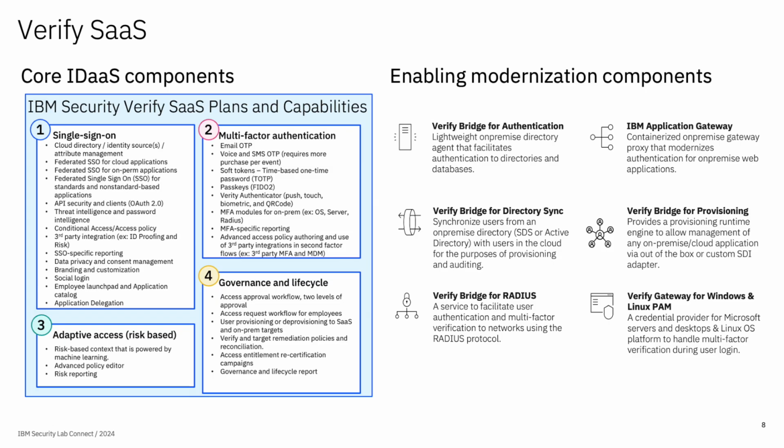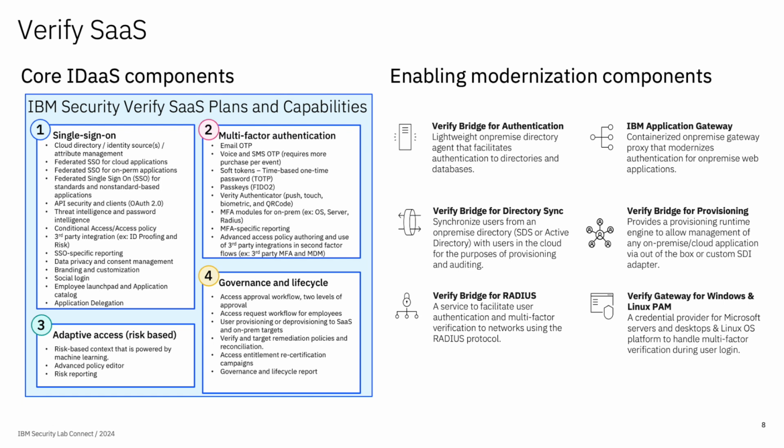Looking at the core components of identity as a service, as we already covered the single sign-on, multi-factor authentication, adaptive risk, and governance and lifecycle. So this slide covers the detailed features of the same. The key components on the right-hand side are components which help in enabling the modernization, which are handy for hybrid